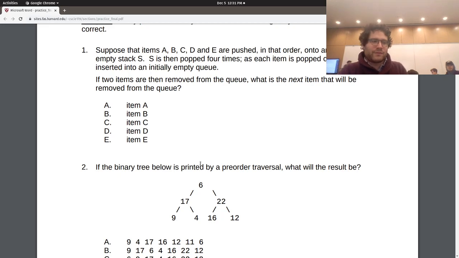All right, so this one's a simple one. Suppose you've got A, B, C, D, and E pushed in that order onto an initially empty stack S. Then S is popped 4 times. Every time an item is popped off, it is inserted into an initially empty queue. If you then remove 2 items from the queue, what is the next item to be removed from the queue? In other words, after all these operations, what's the head of the queue? If you're trying to figure it out in your head, don't,